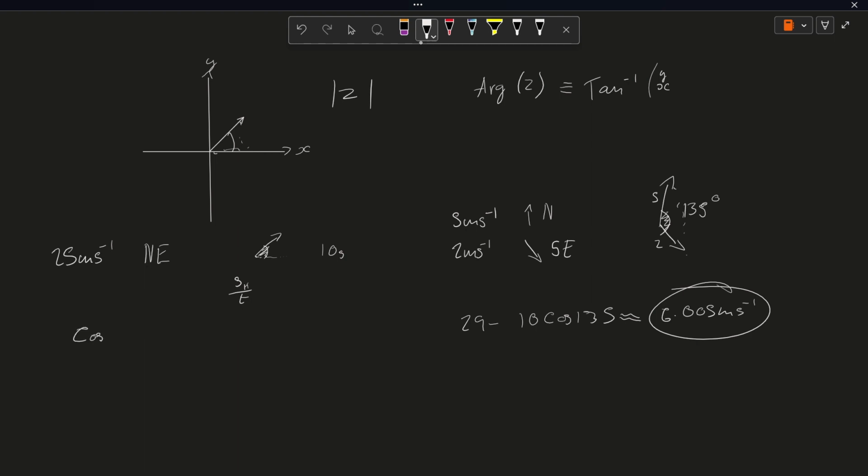So it'd be cos 25, which is approximately, I did this earlier. Why didn't I do it? Cos 25 just gives you cos 25 degrees